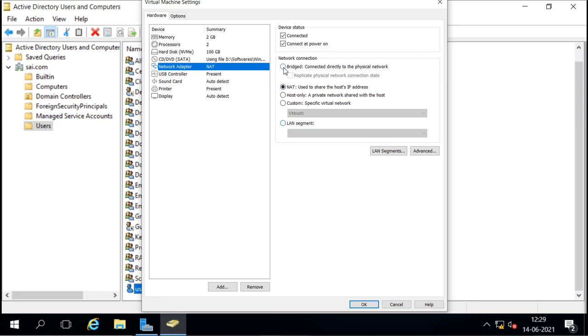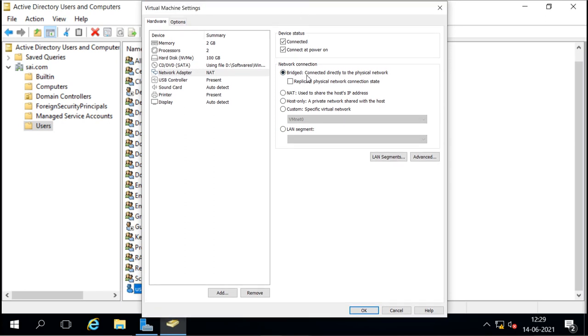Now these are different configurations for virtual machines. If I put them into bridge, these virtual machines will directly connect to the real machine's network adapter, so they will use the real machine's network adapter as their own. NAT means it will do the NATing between the virtual machine and the host machine. Host-only means only virtual machine to virtual machine can communicate, or we can create a custom network, whatever we want, to connect virtual machines together, and also the host machine and our outside machine.